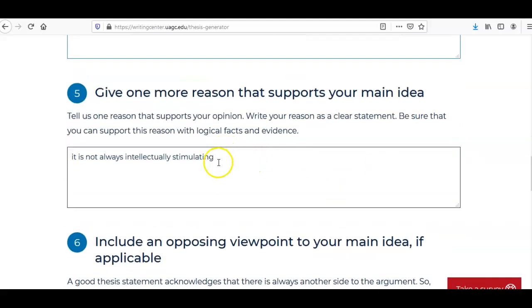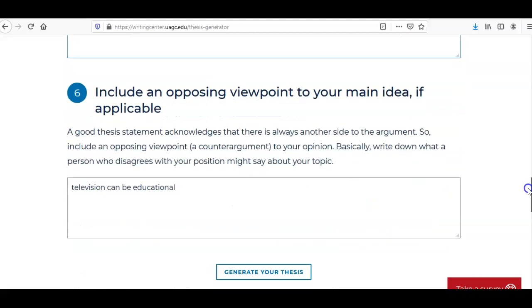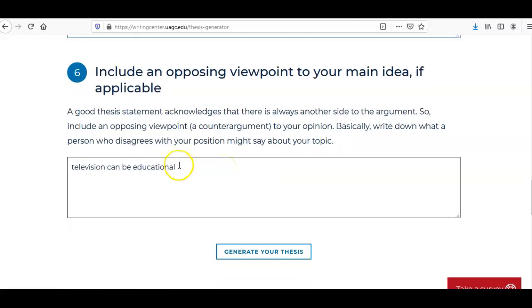Okay, then one more reason could be that homeschool children can work at the pace that's best for them. You know, like in public school, you're on a schedule. In homeschool, if you need more time on math, you can take more time. Now, remember, this is a rough draft. So, what I would do with a rough draft is use that to do my research and decide if I can keep those points. So, on this one,